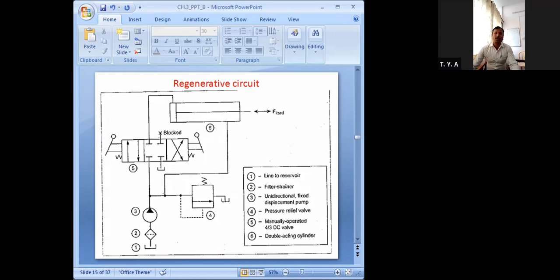Due to the pressure of this fluid, the extension of the cylinder will happen. That means this piston will move towards this direction.